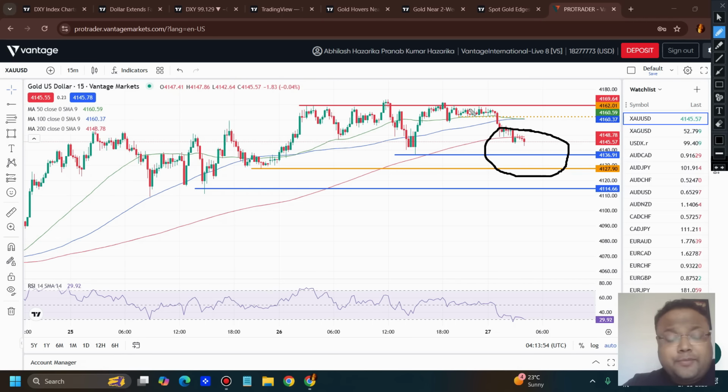This is the chart of Euro USD in front of us. As dollar index is under pressure, we can see Euro USD going towards the upside. So if you have any ongoing buy here, you can hold your buy position as long as dollar index is under pressure. This is a chart where you can make good money if you stay on it. For example, on gold, we need to stick to the levels. But here, if you ride the trend of the market, then obviously you'll be making big money because here the pips are not very big.